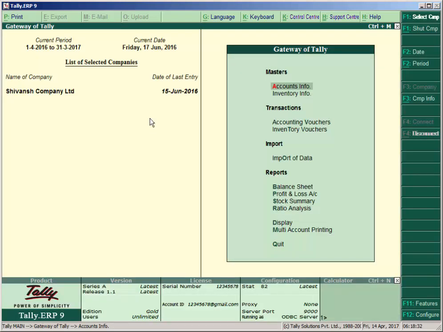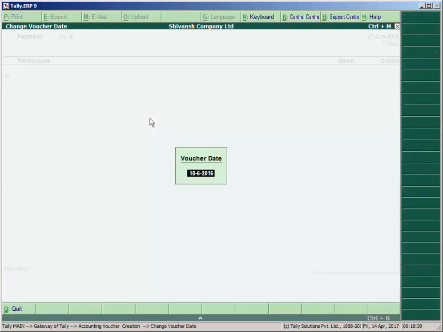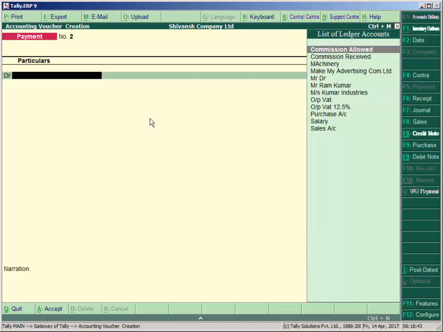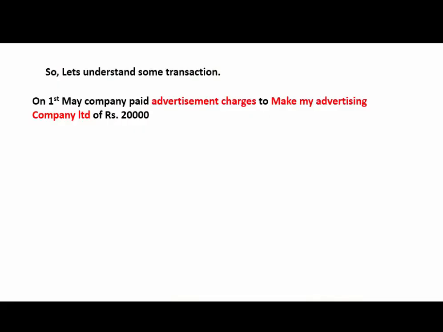Press escape key, go to Accounting Voucher, press F5 for payment, press F2 key and enter the date, like 1st May, and made the payment to Make My Advertising Company Limited. See the transaction: on 1st May the company paid to Make My Advertising Company Limited rupees 20,000.